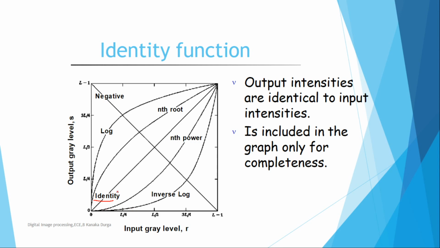Otherwise, if it goes for a different type of angle, it goes for a constant, like y equals mx plus c, adding the intercept of the value of c. So it cannot go for the identity. In order to have whatever the input is produce the same output, it has to follow the straight line equation y equals mx. Then only it goes for the identity function. And whenever the gamma value goes to 1 also, it goes for the identity function. We will discuss what the gamma value is in the next scenario.